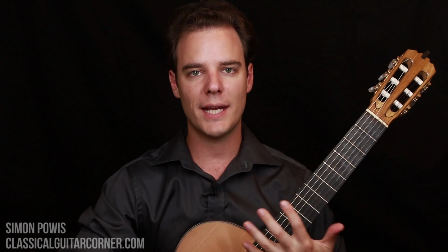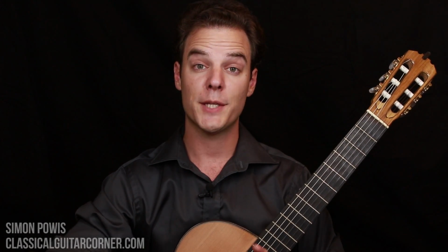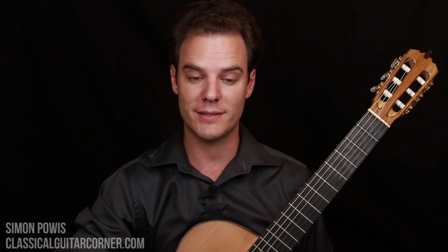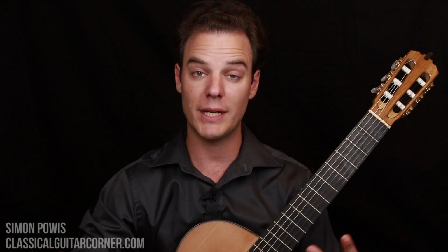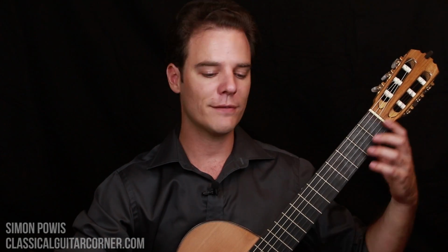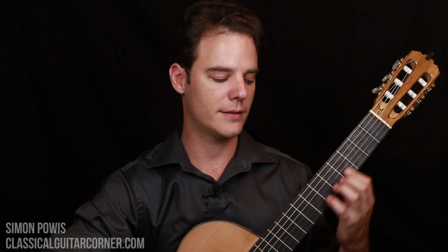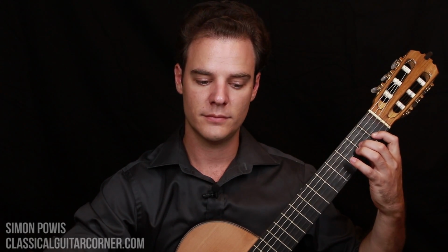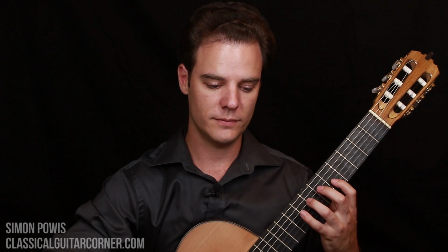Now, what I like to do with this piece is really be aware of where the composer, Carcassi, has put in rests. So often as guitarists I think we ignore rests a lot, but they're not put in there arbitrarily. If the composer wanted the notes to ring, they probably would have told us. So the difference is between this and this. So the accompaniment in one case is ringing, and in the other one,